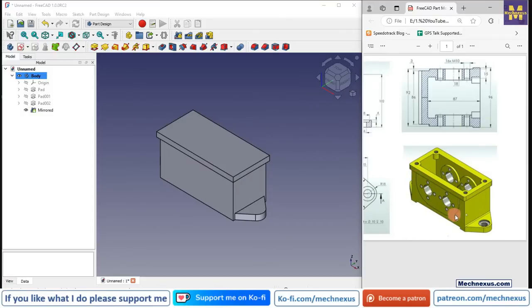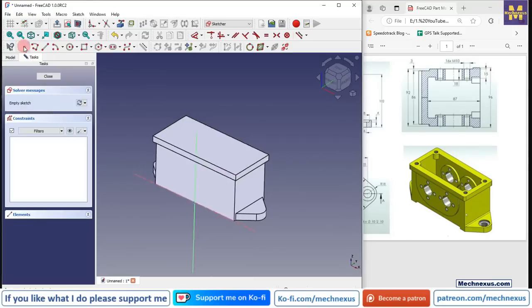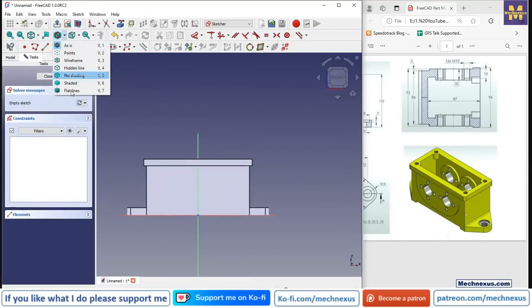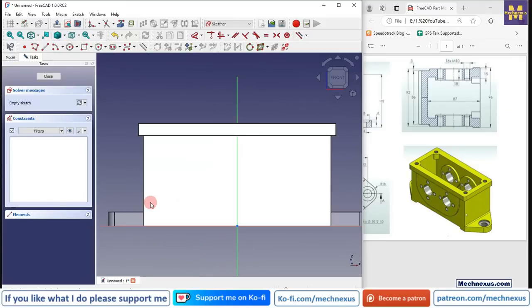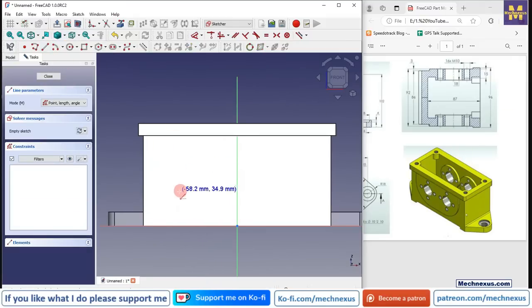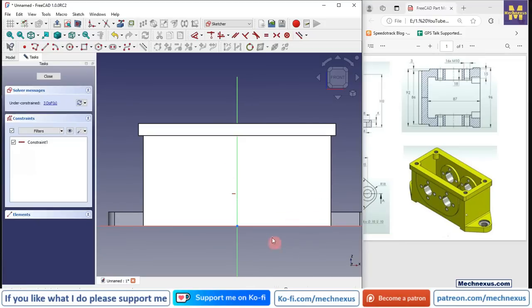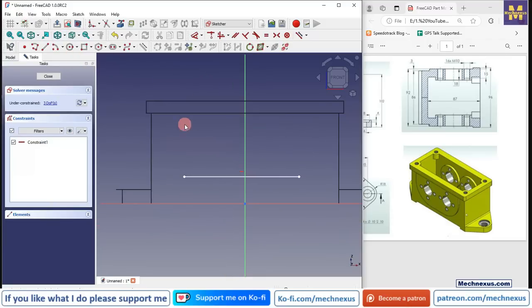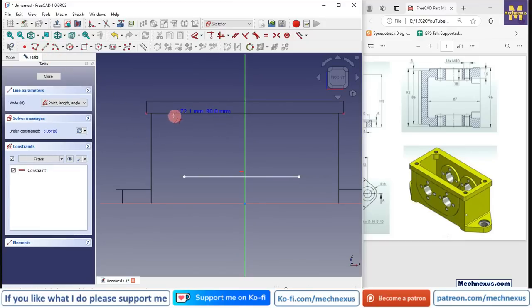create this pad. So this is the same on the other side, so we will select the face and click on the sketch, and now we will draw the horizontal line, and for better visibility we will switch to the wireframe, and we will click on project geometry, and here I will draw the 2 vertical line,